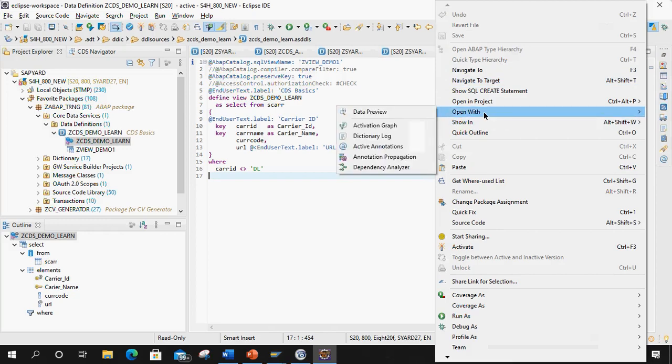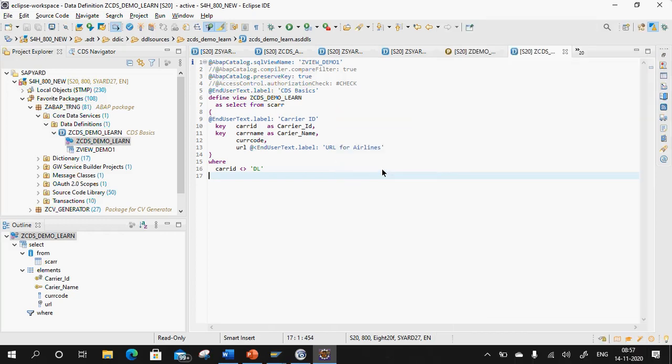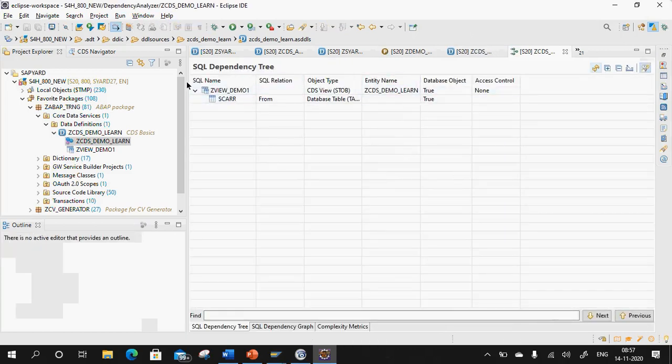Now there is one more feature, open with. Can you open this dependency analyzer? If you open this dependency analyzer, it will show you the dependency. This is your SQL view name. This SQL view name is dependent on which table? That is the SCARR database table, right? Because I created this CDS view from this SCARR table. And what is my entity view name? That is my ZCDS demo learn. This is my database object because zview_demo1 is my database object, and SCARR is also my database object.